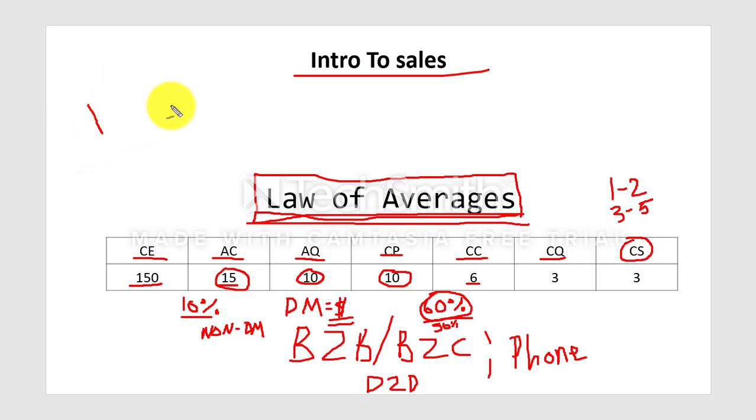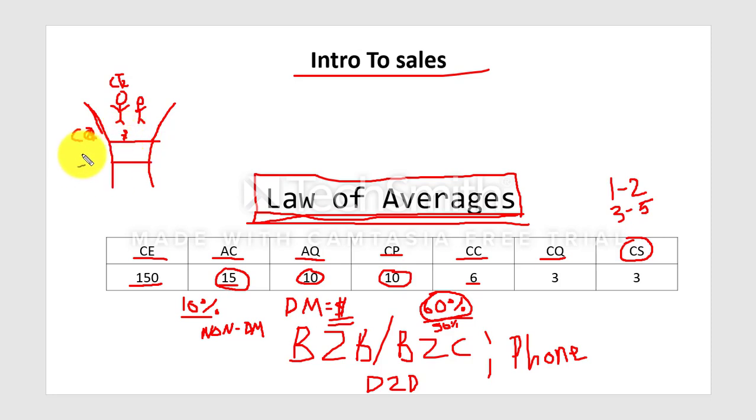I want you to think of law of averages, and even your sales, as a funnel. I don't know what you're selling, but think about this person as my customer engaged, and they're going through my sales process, which is my funnel. Over here, I'm going to qualify them. I'm going to make sure that the customer is qualified. So I'm going to have a little bit fewer people, but at least I'm going to have that. I'm going to have another person going through it.